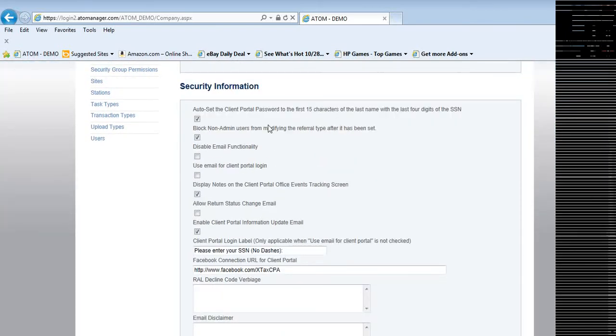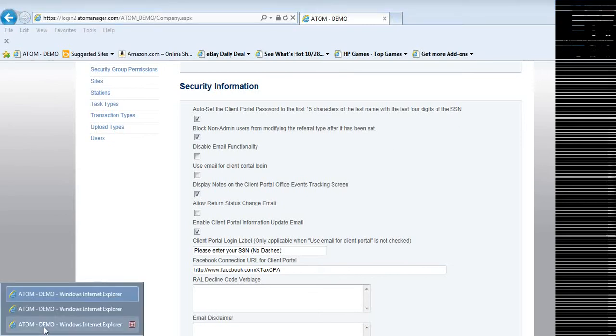Within here I'll mention what these actually are, and then I'll show you where in the software they come into play. So the very first one, if you'd like to auto set the client portal password to the first 15 characters of the last name with the last 4 digits of the Social Security number. So if I go into the client file,